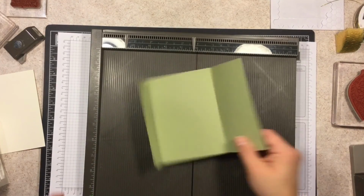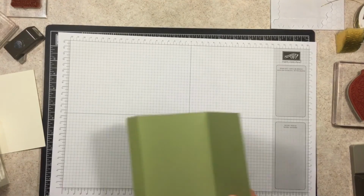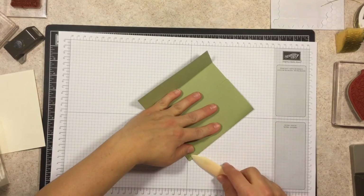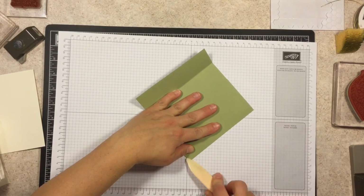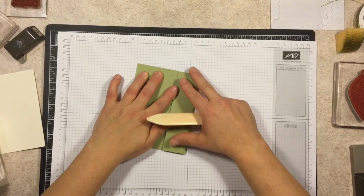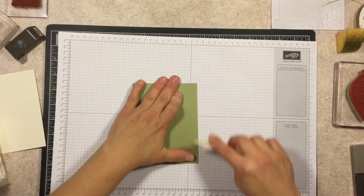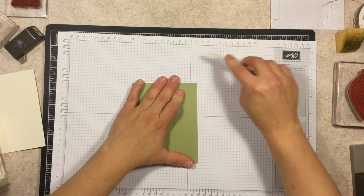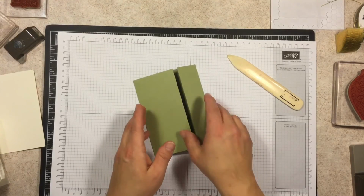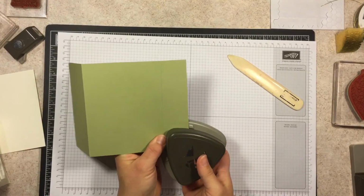So let's move this out of the way. And let's score these. A little off here. All right. Now that I have that scored and folded, we're going to punch each one of the corners of